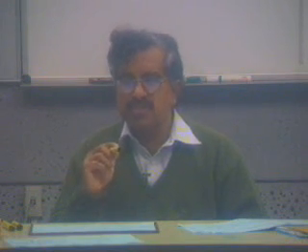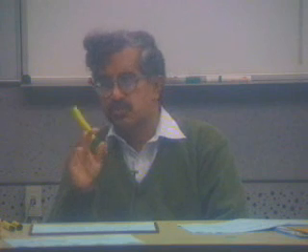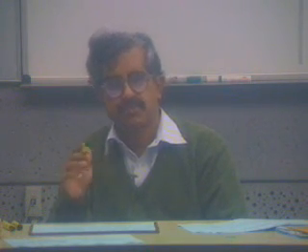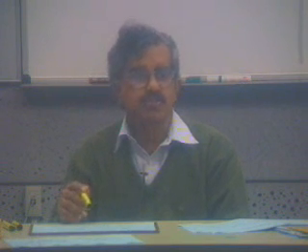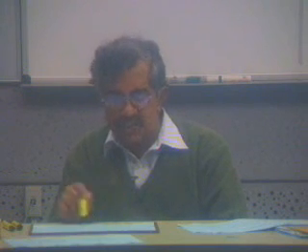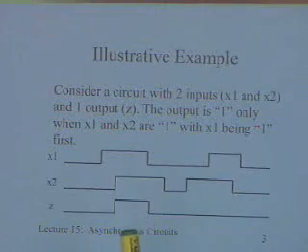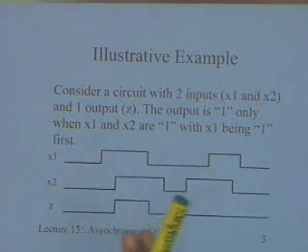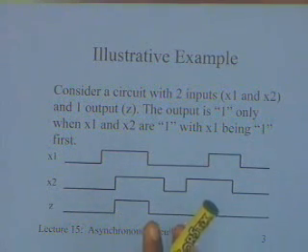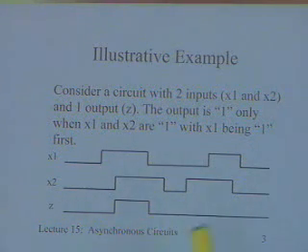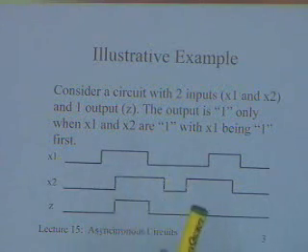As far as this problem is concerned, the variety of inputs is only 2. That is, how did you reach 1, 1? Whether you reach through x1 being 1 first or x2 being 1 first. Please remember, this is a precisely defined problem only because we do not allow x1 and x2 to go 1 together. They cannot change simultaneously. Whatever may have been their previous value, they have to change one at a time. That is a fundamental mode of operation for the circuit. So now I have this